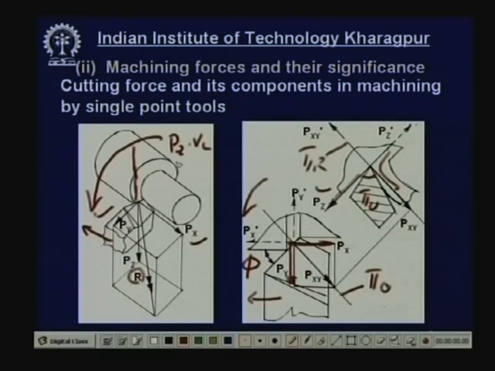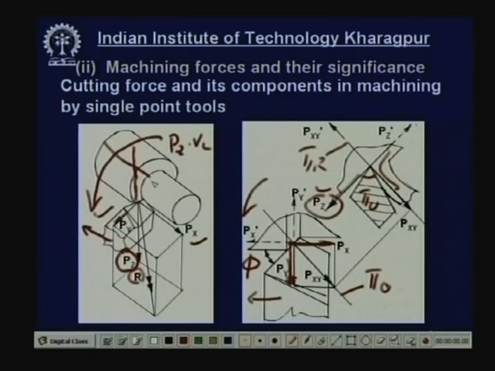So, this is also called the power component or main component of the cutting force, this Pz. Then comes Py. Now, Py is usually smaller than Pz. As such, Pxy is around half or less than Pz generally. So, it is small, and Pxy is further resolved into Py, which may be quite small, but since it acts